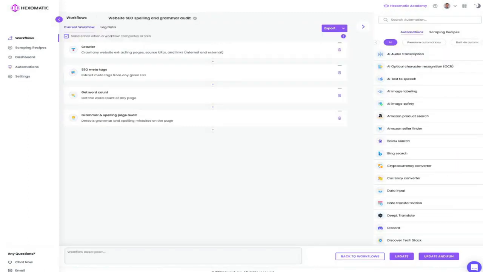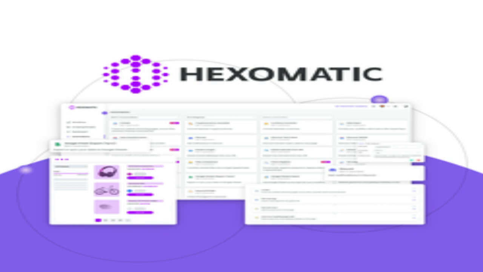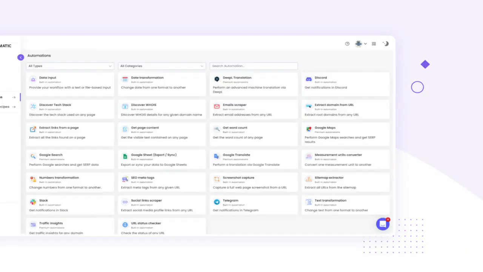So this video is very important for you. I will review this tool completely in this video. The tool name is Hexomatic, okay? And how this tool will help you automate your work, I will explain in this video. So watch this video till the end so that you can get a clear idea about this tool, how you can use it, how it is helpful for you, and how you can make your work easy with the help of this automation tool, right? So without any delay, let's jump into it.